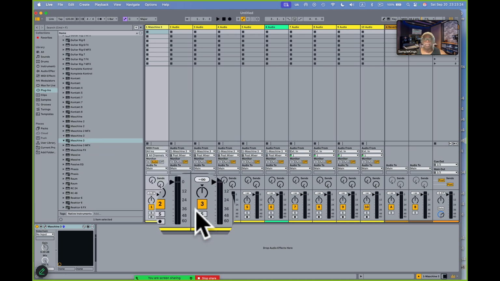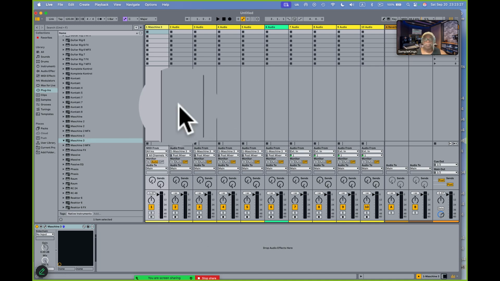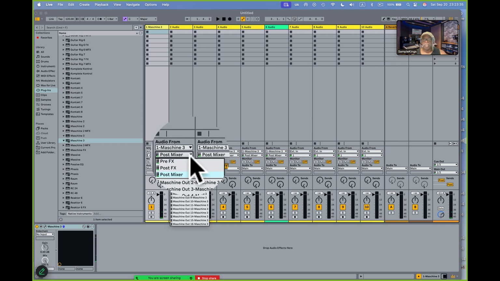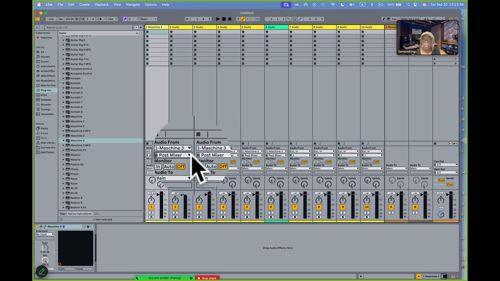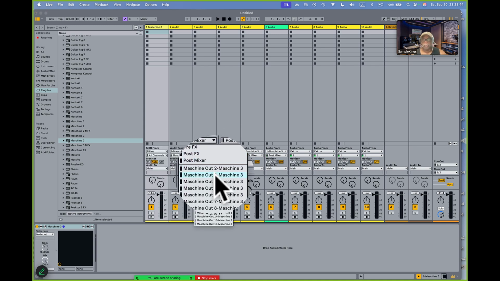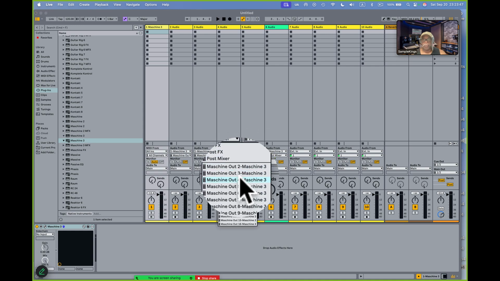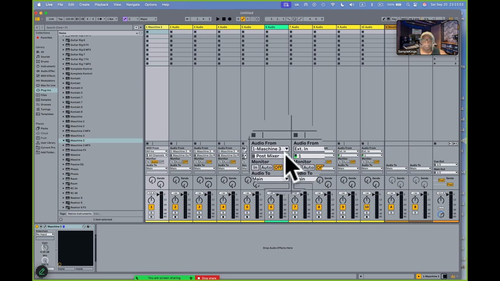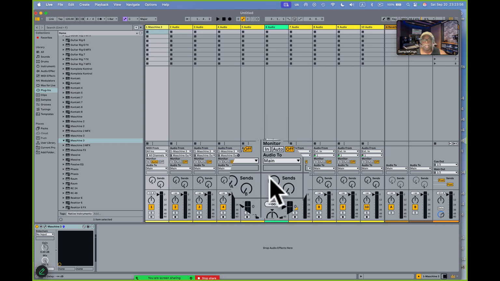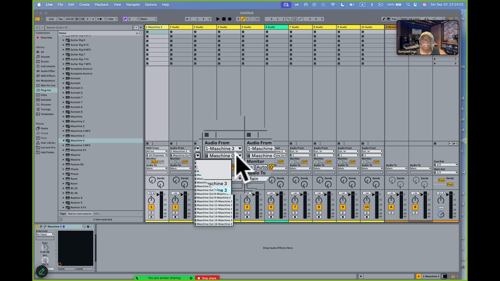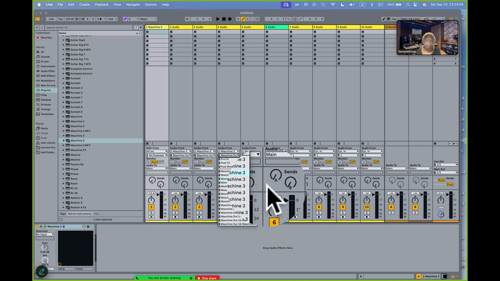And now I should be able to hear those back if I just press play. Perfect. Notice we don't hear any of those sounds. Now I come to here, this is going to be 2. Make sure it goes to 2. There you go, 2. This goes to 3. Right here's 4. Here's 5. And here's 6. And you'll see them. If I go here to 2, you'll see it's that blue right there, highlighted, and you'll see everything's at. Now if I press play,